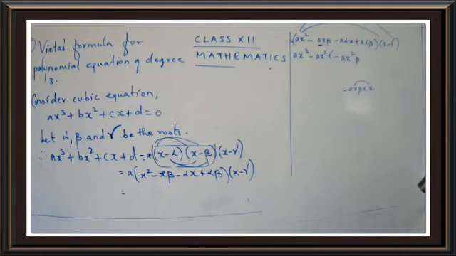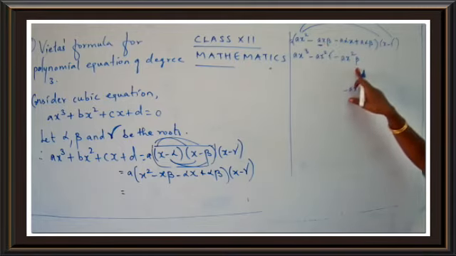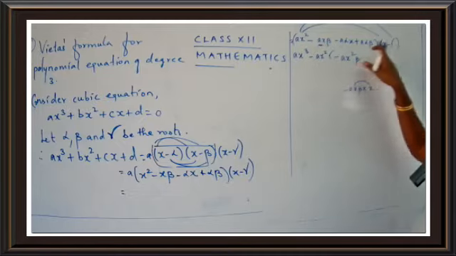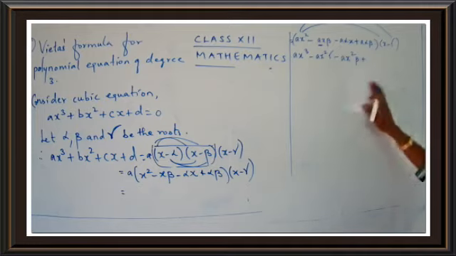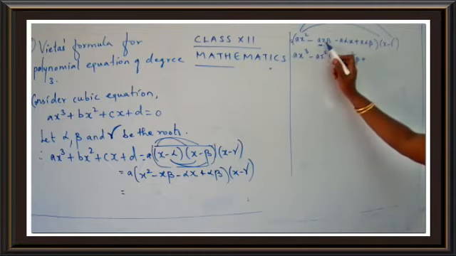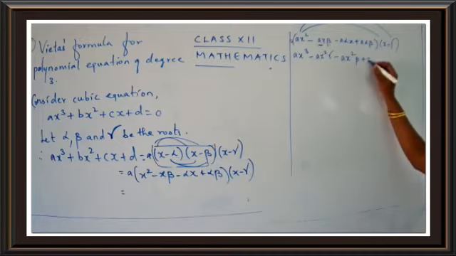A x square beta. A is alone. X into x gives you x square beta. A x square beta. Now let me multiply with gamma. Minus minus first of all turns to be plus. Okay. Now a x beta gamma. All the terms are different, all the variables are different, so we have to keep it as it is. So you get a x beta gamma.